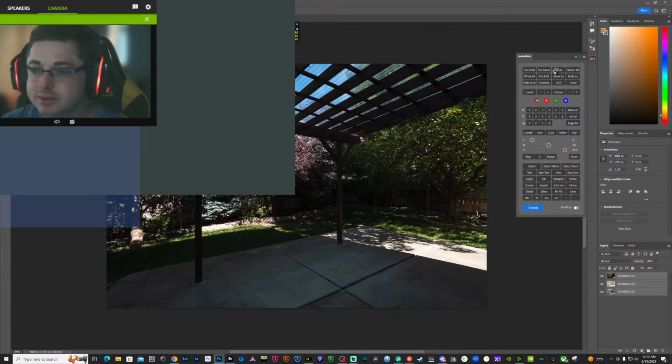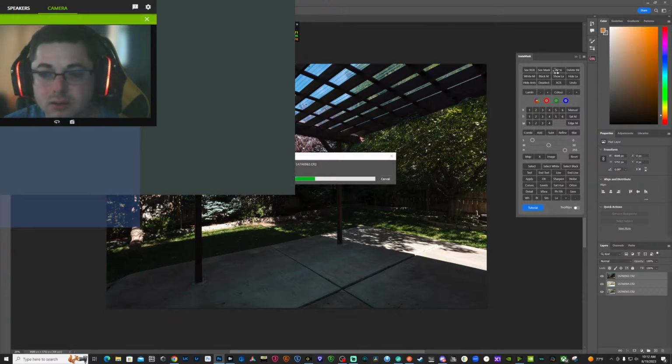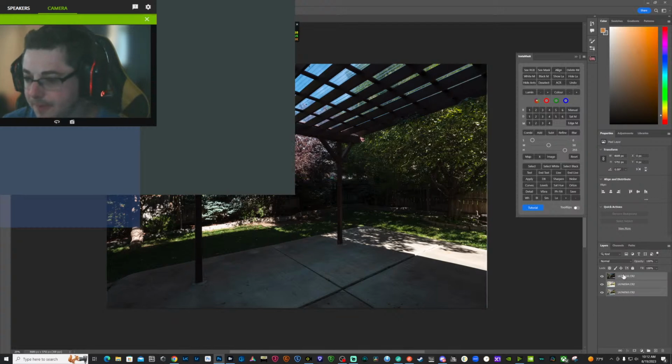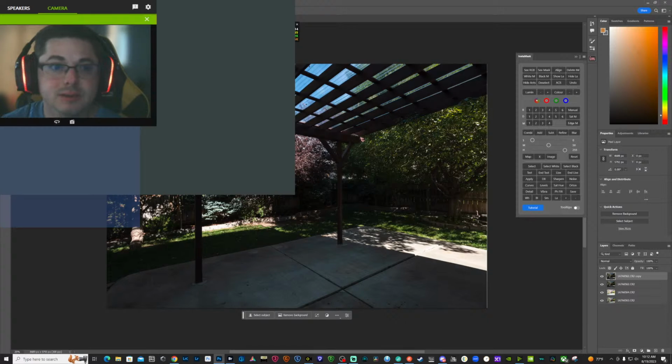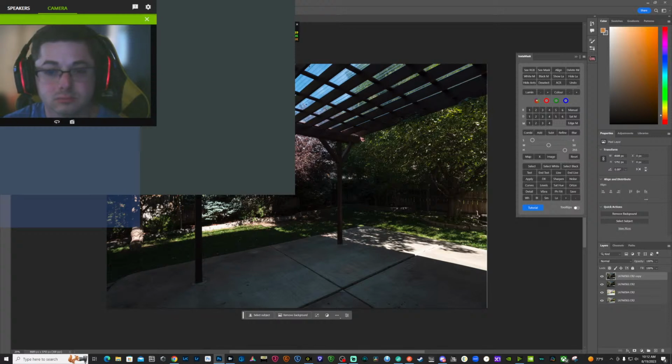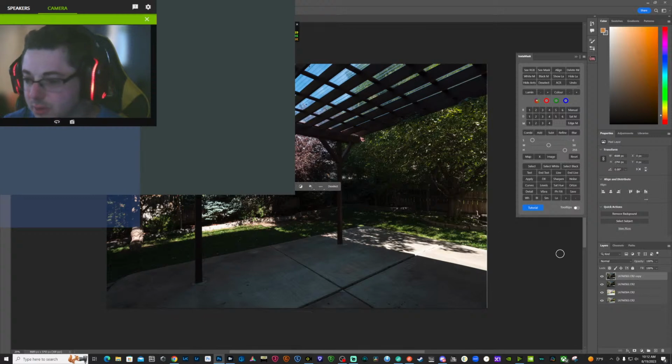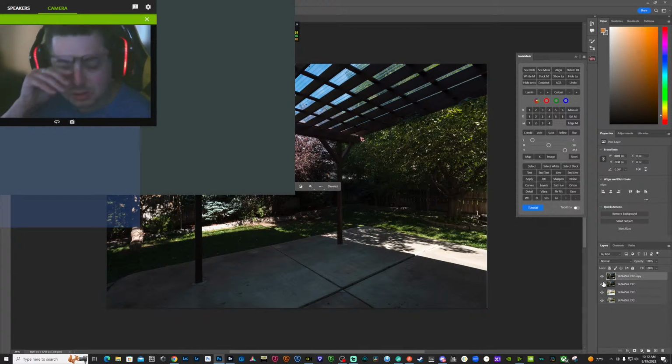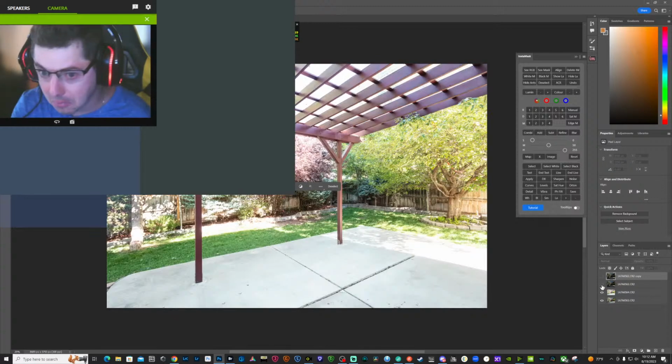Let's make sure that these are aligned. Do this. Let's have it select our sky on this one. Did we select anything? That's strange. Here's what it is. We'll figure it out.